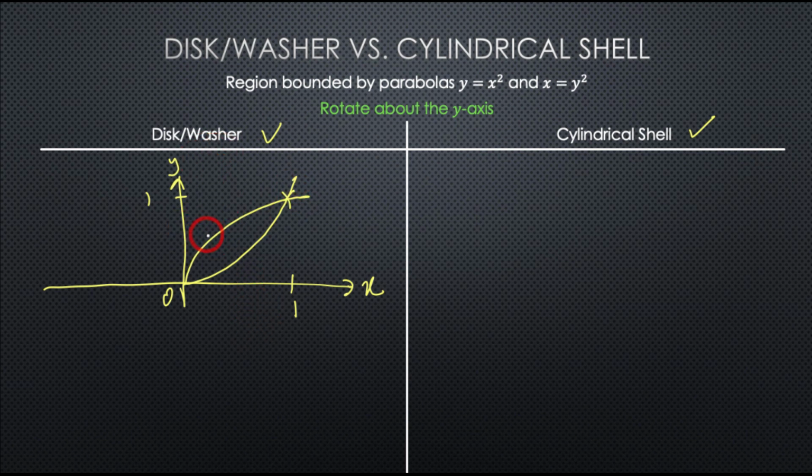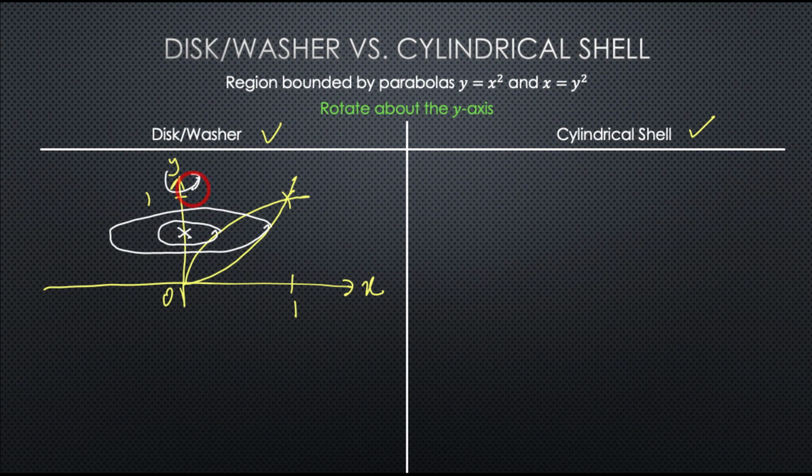This washer method, you rotate about the y-axis, so this one is the center, one ring here, the smaller one, and then you have the larger one, another circle, two circles. You go up another circle, another circle, another circle. It means that we move up